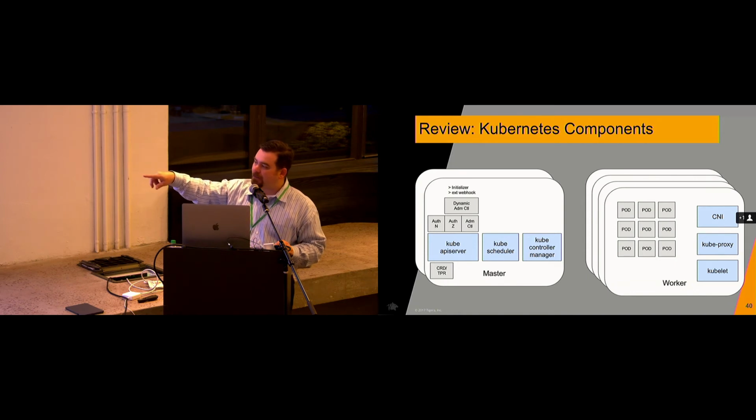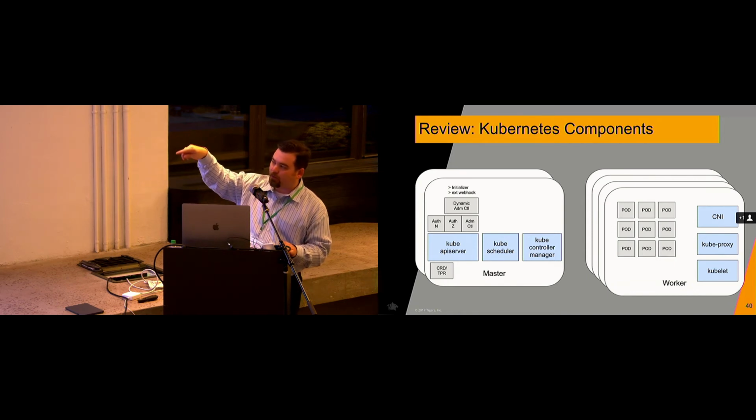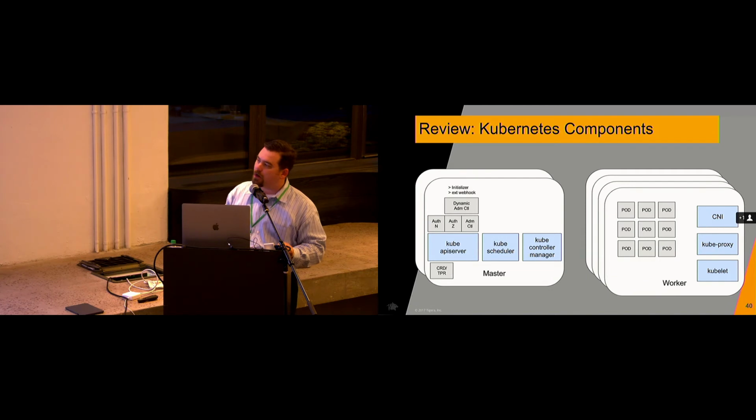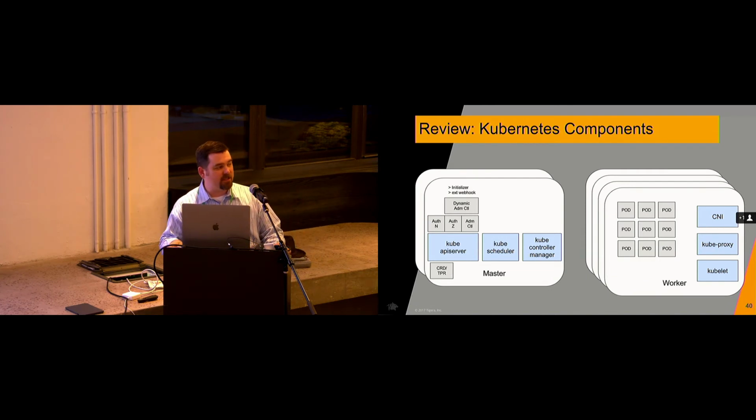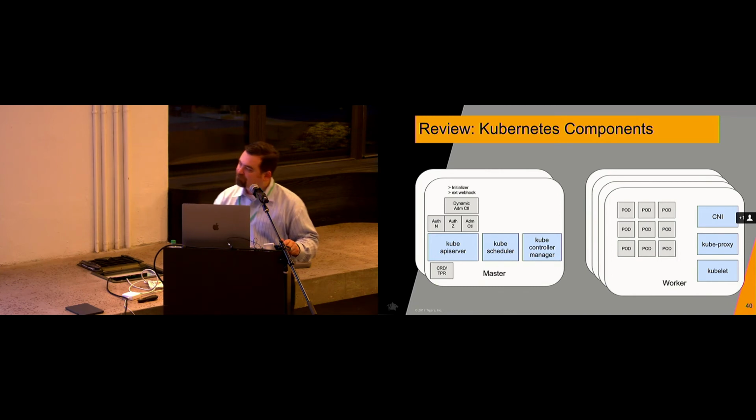I also already mentioned the CRD and what was called TPRs before. CRDs are custom resource definitions, and this is Kubernetes' way of allowing, since we already have a great way of using the API server to centralize all the changes, we can use CRDs then as another mechanism to store custom objects related maybe to some Kubernetes operator or function that we have deployed on Kubernetes.